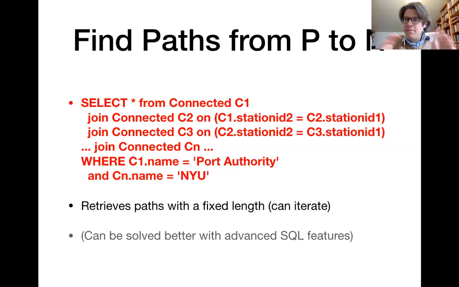But this is mostly to show you that using the traditional relational interface, with the SQL features that we have seen so far in this scenario, might not be the most elegant way to go about it, right? Because here I already have a lot of joins that I would have to write, and I might have to repeat that with a different number of joins in order to get paths of a different length. So it's not